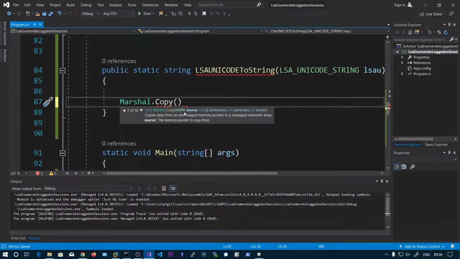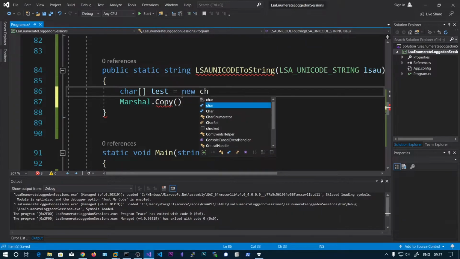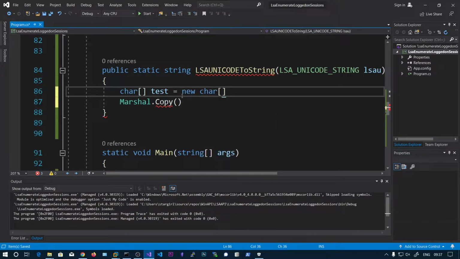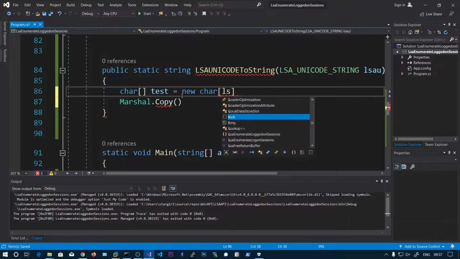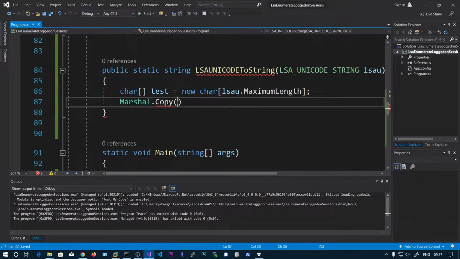You can see the first parameter is the source and the second one is the character array, then the start index and the length. So we need to create a character array, let's say test equals new character array of the length defined by lsau.MaximumLength, and copy lsau.Buffer